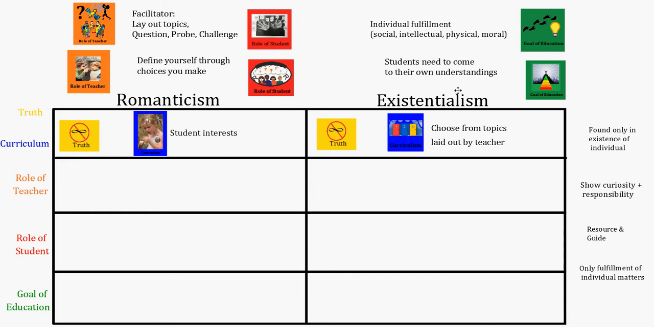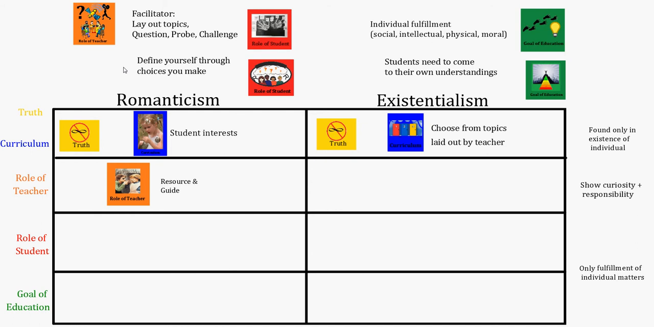Let's see, what else? The role of the teacher for Romanticism: she is a facilitator and a guide, a resource and a guide. This is the picture of the Helen Keller miracle worker. And this was such a great example because Annie simply followed Helen around and offered herself as a resource or